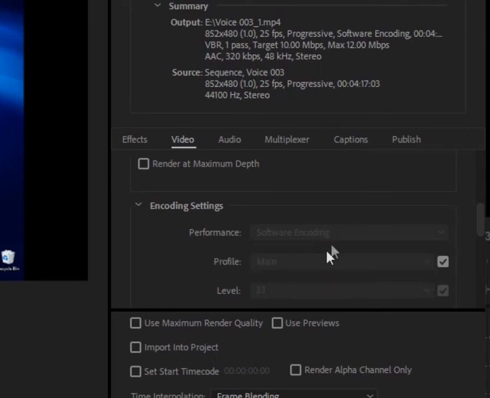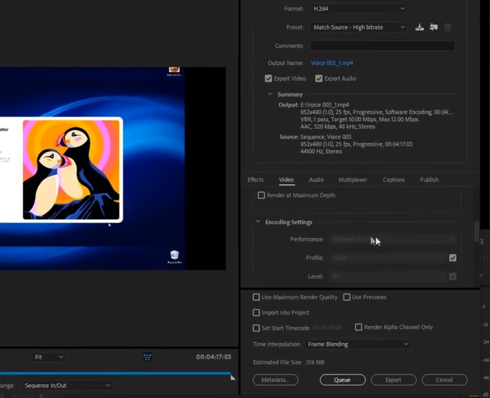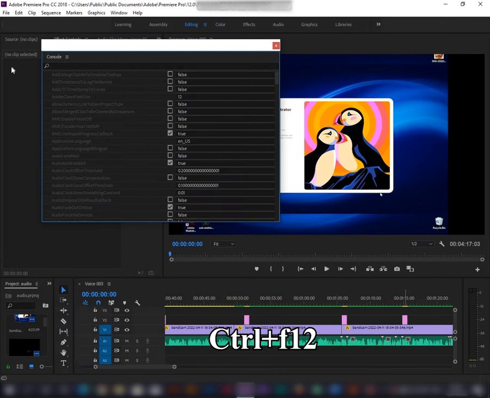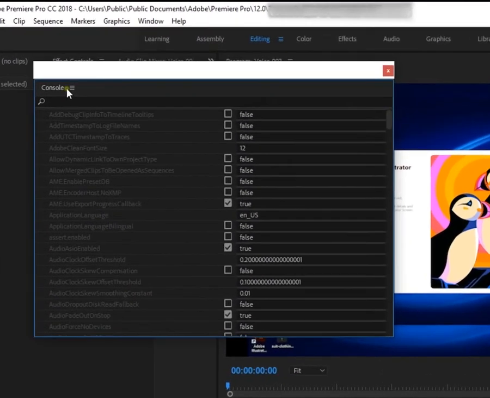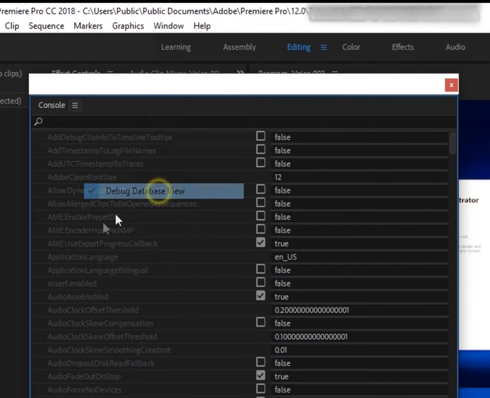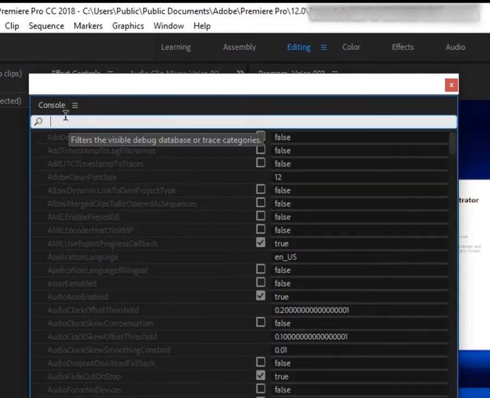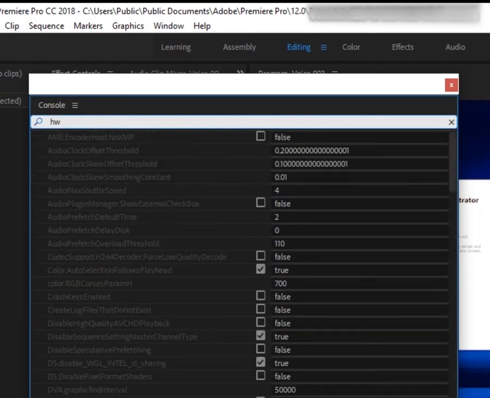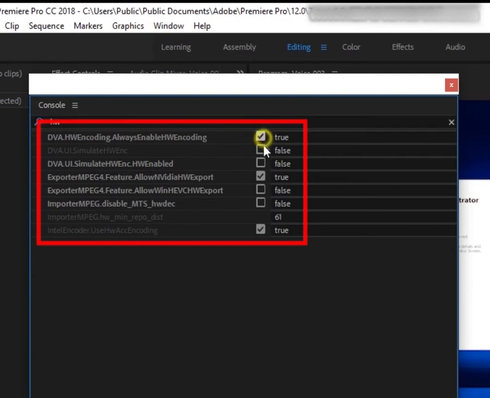So what you have to do is go back and press Ctrl plus F12, so it will appear, and right there you have to select Debug from this place, and after selecting this you have to write HW here. When you write it, these options will appear. You have to select or enable all these options,